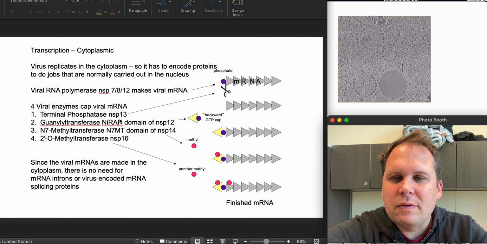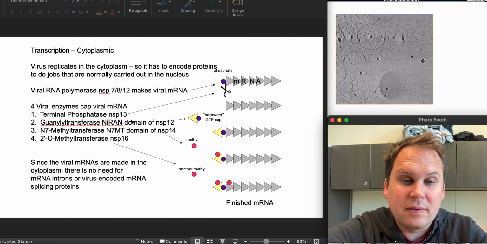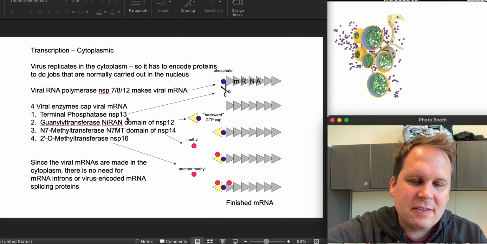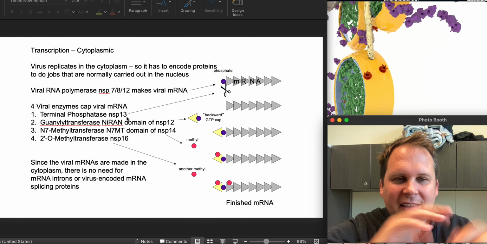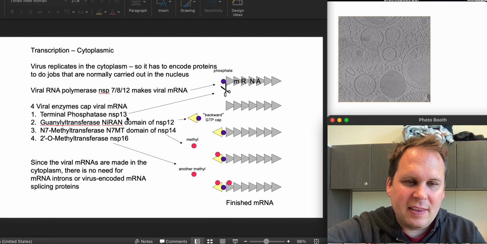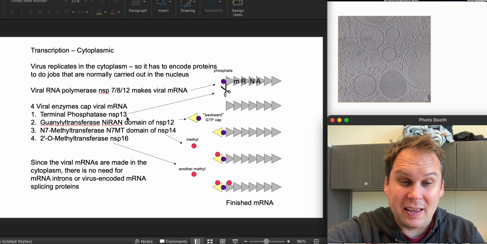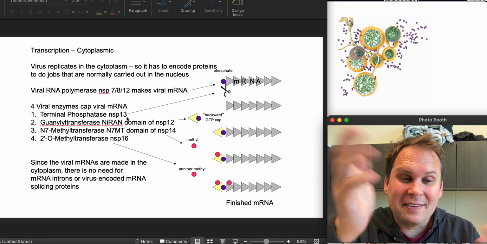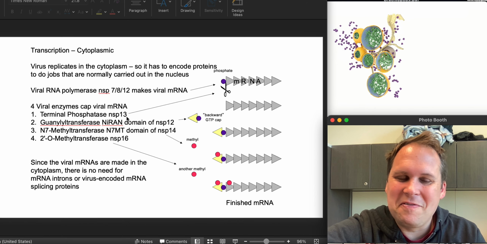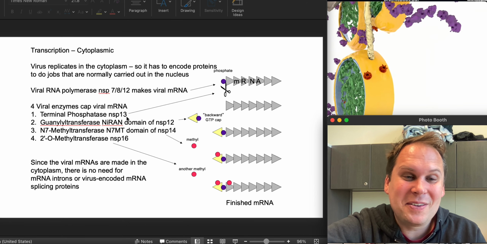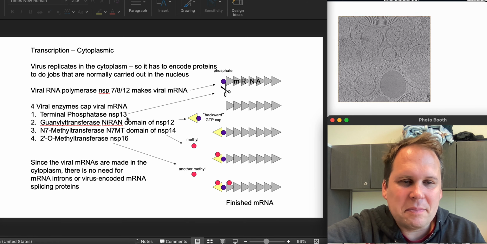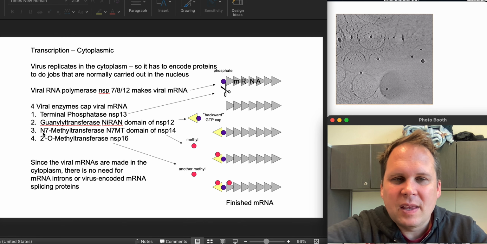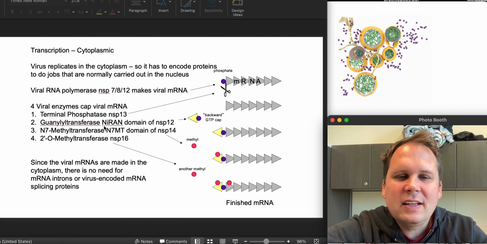Terminal phosphatase is found in non-structural protein 13, which is also the helicase. And it's actually the part of the helicase that would normally use ATP to do helicase activity that will also chew the last phosphate off of something, which is, if you think about it, very similar to breaking an ATP down into an ADP and a phosphate, which sounds very familiar, right? It's a lot of what enzymes do. So the coronavirus is using its enzyme to do this terminal phosphatase activity.